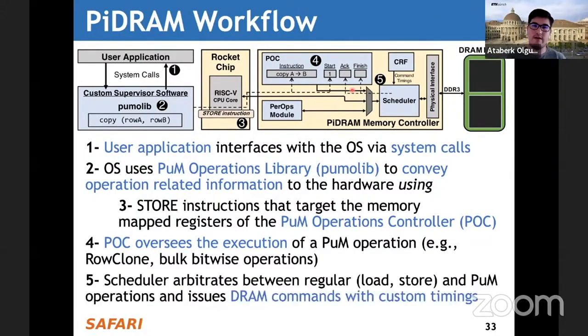And then finally, the scheduler and the memory controller will arbitrate between three different inputs, which can come from the memory bus, regular read and write commands, the processing using memory controller, which would be the copy operations and activation latency failure operations, or the periodic operations module, which will send calibration operations or refresh operations.